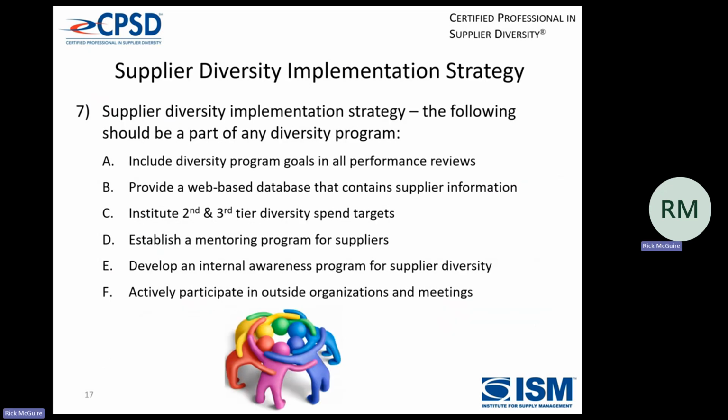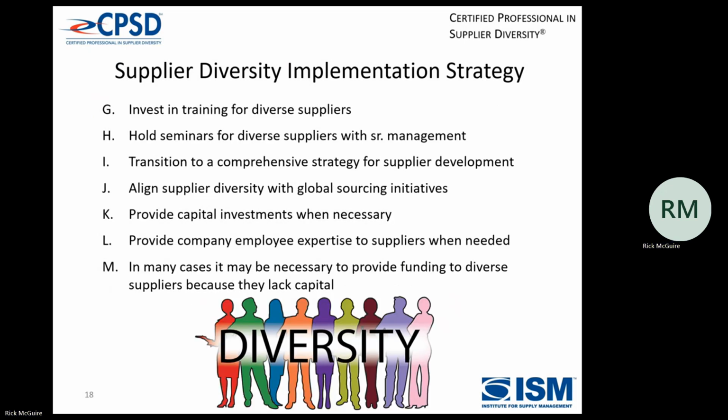And then supplier diversity implementation strategy. The following should be part of any diversity program. You've got to have goals and performance reviews. You've got to provide a web-based database that contains supplier information and have the diverse suppliers fill in their information. Institute second and third tier diversity spend targets with your supply base. Establish a mentoring program for suppliers, develop an internal awareness program for supplier diversity, and actively participate in outside organizations and meetings. Invest in training for diverse suppliers, hold seminars,